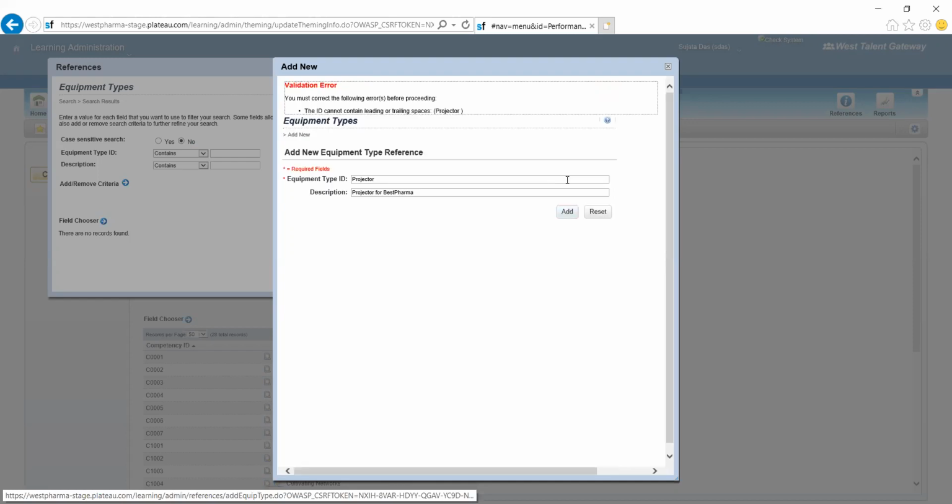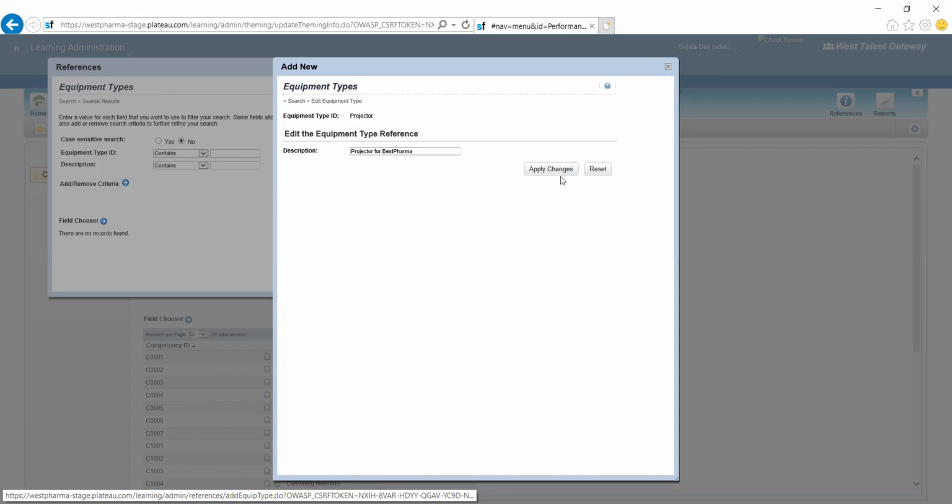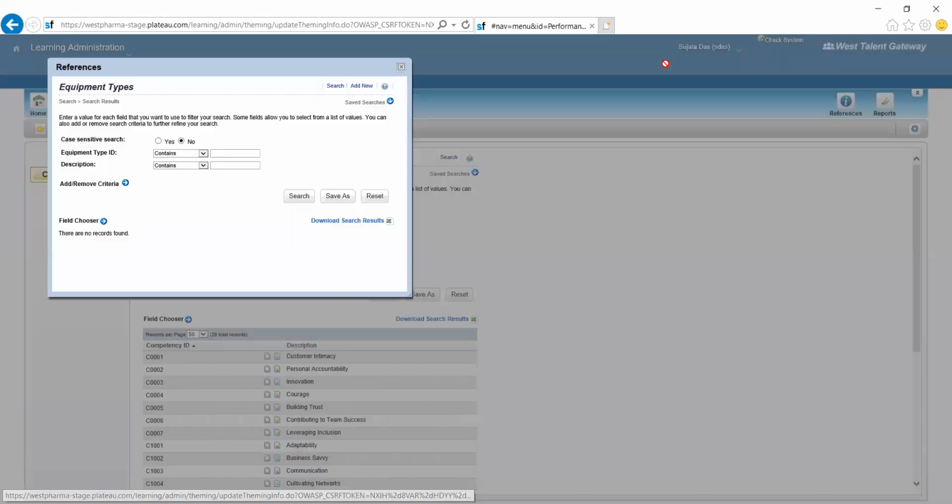It will not allow spaces; if there are any spaces, it will not allow. Similarly, I can create equipment types like laptop, or any stationery things.